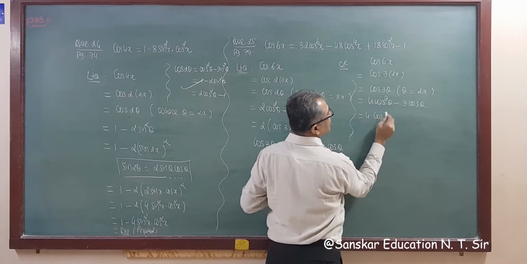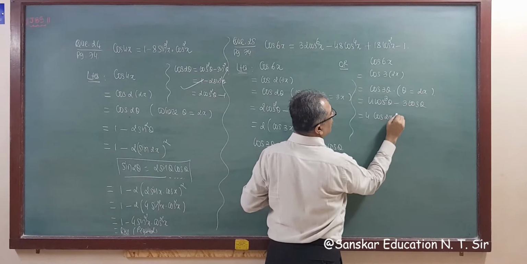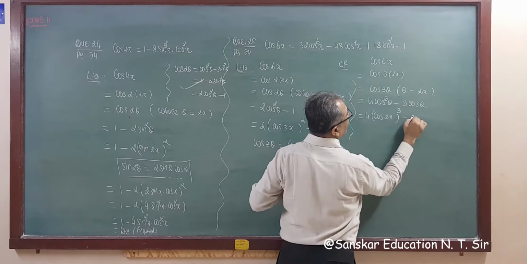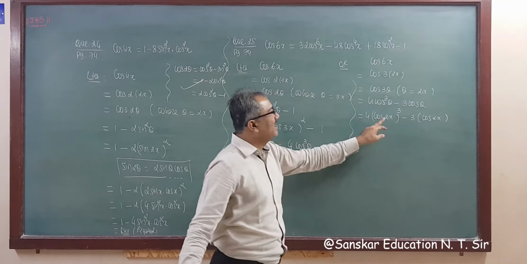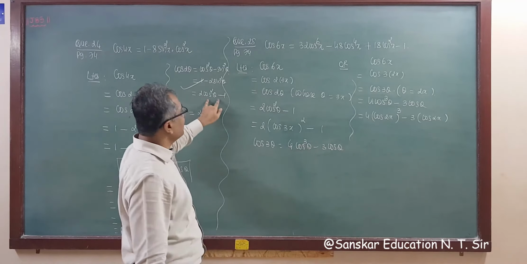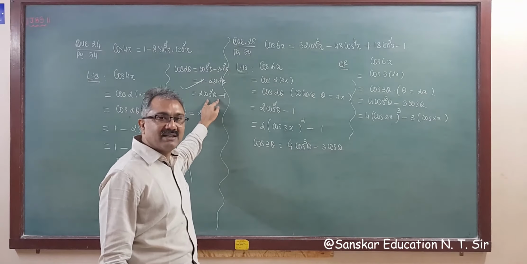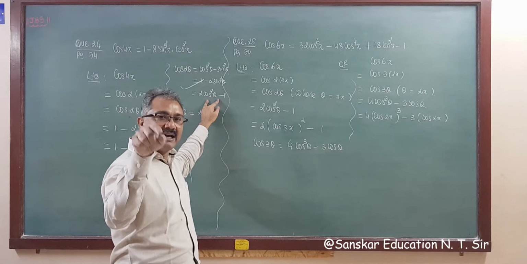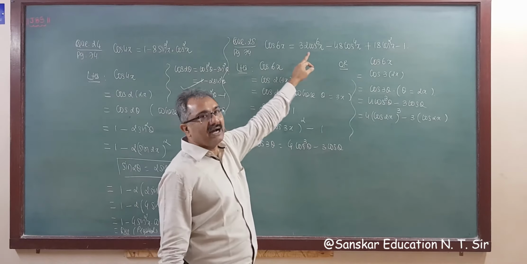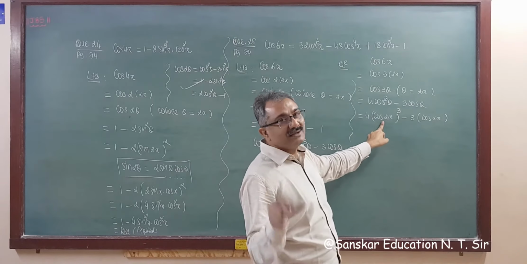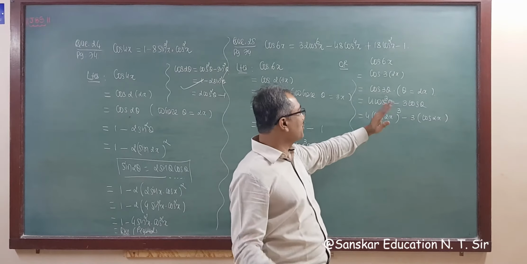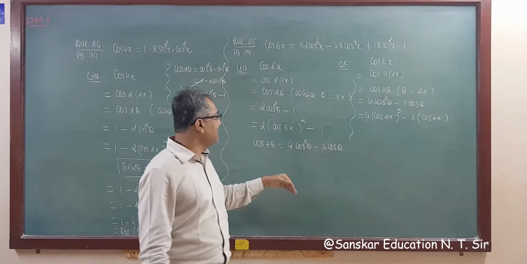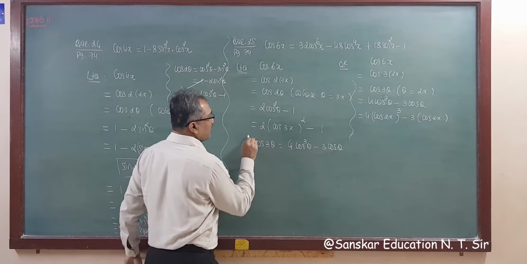Here theta is twice x. So cos twice x whole cube minus 3 cos twice x, and apply the cos 2 theta formula. This again is 2 cos square x minus 1, make it cube and simplify. You will get the same answer, but you have to cube it here. So that is problematic for you. That's why I am not using this method. This is a very easy method, so apply this formula here.